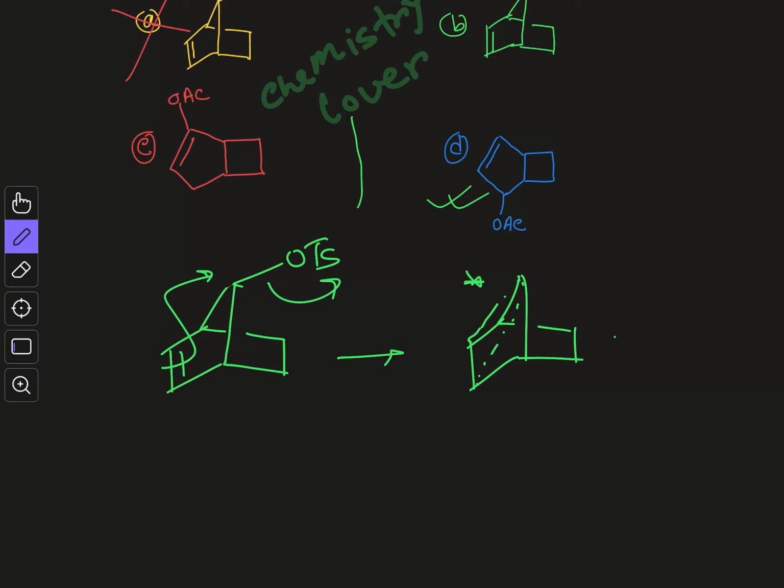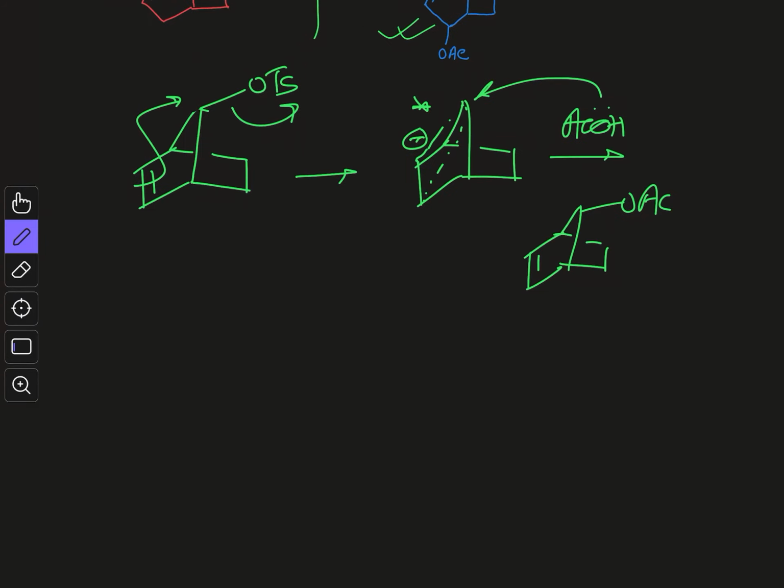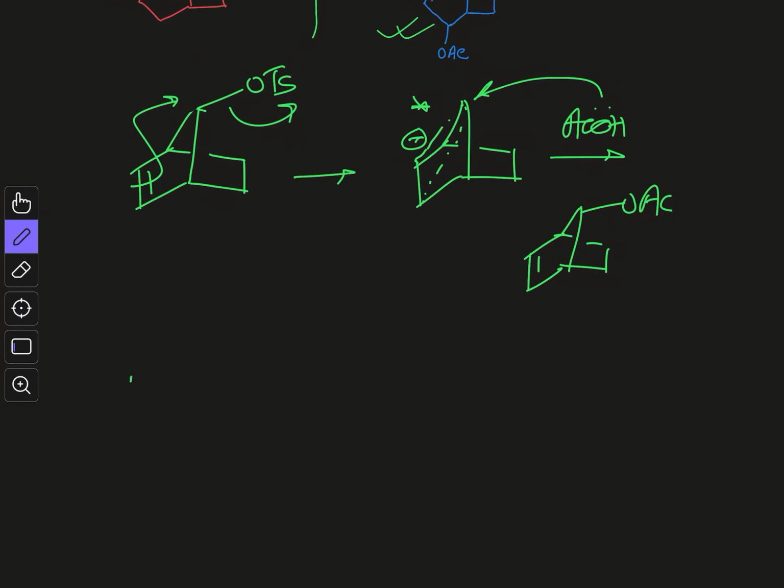So now your nucleophile AcOH will attack from this side, where you have the positive charge, and you will get this as your product. From the side opposite to the double bond the OAc will come. So this is the answer, but in this case the question is a bit different, and the stereochemistry is different. So you have this OAc group on the same side where the double bond is.